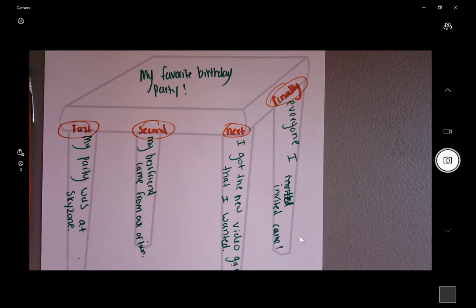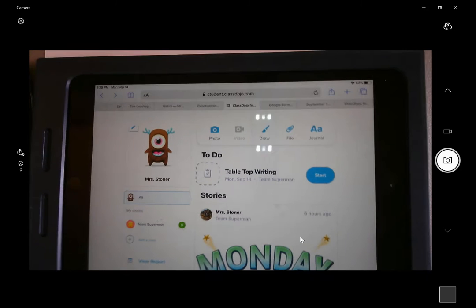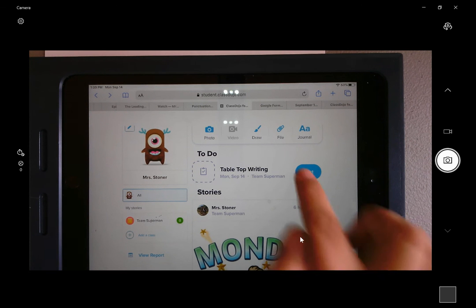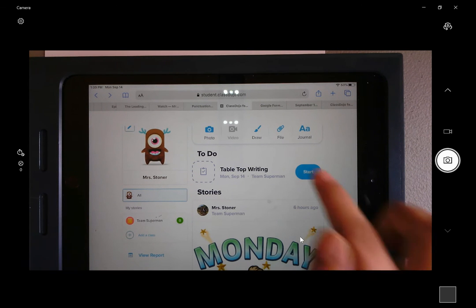So we are going to post this same table on your Class Dojo. Remember, we're trying to use Class Dojo a little bit this week because they had a super awesome, cool new update that makes our lives a lot easier and lets us write on documents. So I'm going to show you really quickly that your table is going to be submitted to your portfolio. So when you see it, you're just going to press start. And I want to show you,